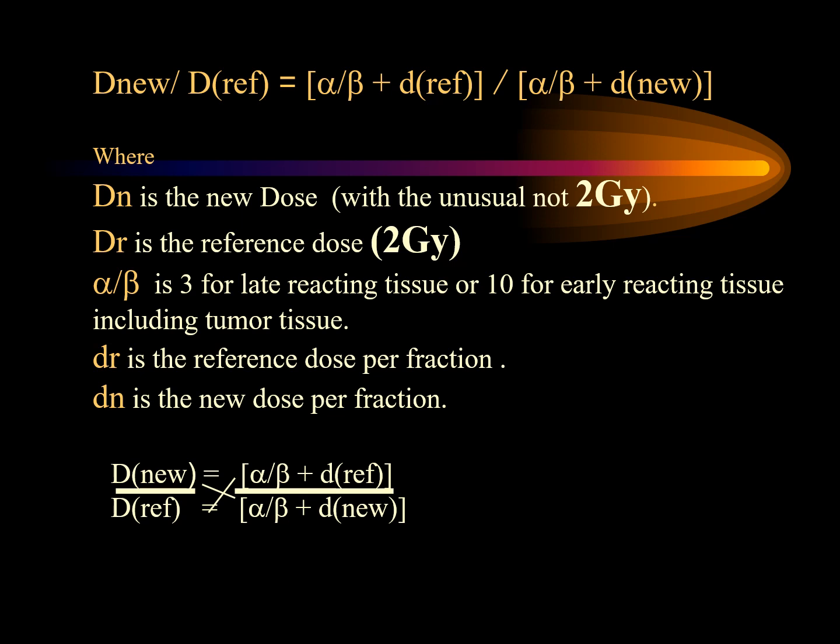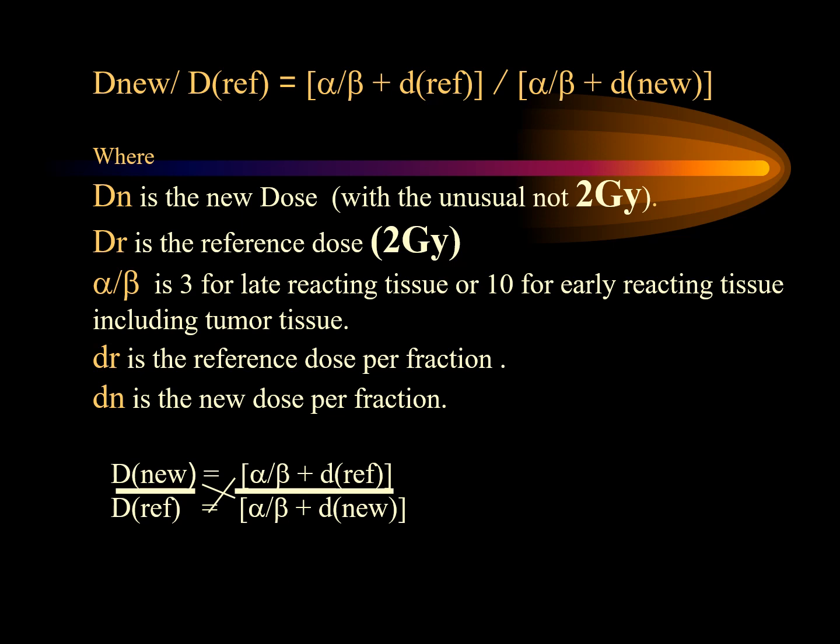The equation will take two schedules at the same time. So there will be one schedule with abnormal fractionation, and this will be D capital nu, which is the total dose using any abnormal fractionation, any fractionation other than 2 gray per fraction. And D capital ref is the total dose with the normal fractionation of 2 gray per fraction. So D capital ref is any total dose you are going to give the patient with 2 gray per fraction, will equal